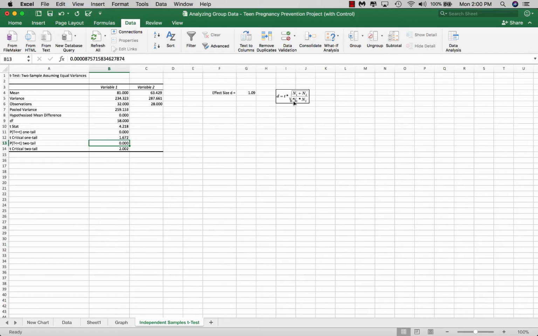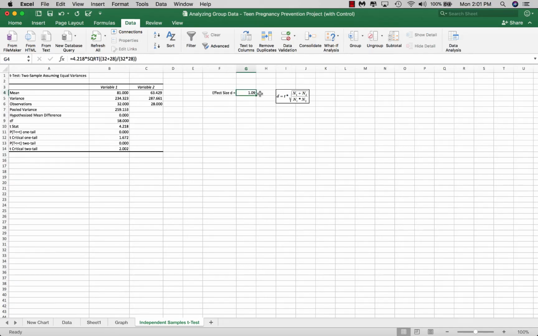So you can see that in this, and don't get freaked, this is just very straightforward, that Cohen's d is equal to the t-value that we have here, 4.218, times the square root of our n1 plus n2, which is 32 plus 28, divided by n1 times n2, which is 32 times 28. So if you did this math, if you worked from here and did the division and then did the square root and then did the multiplication, you would end up with